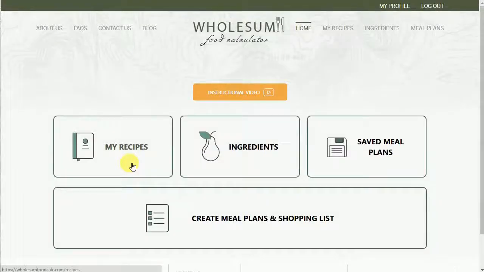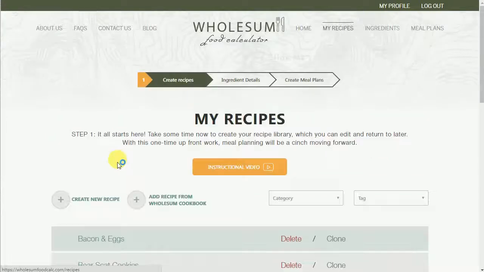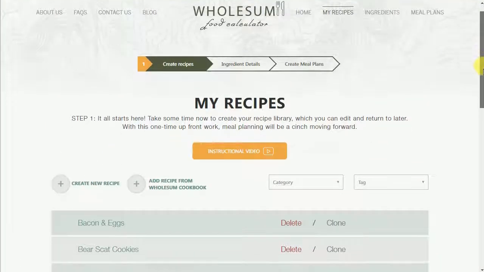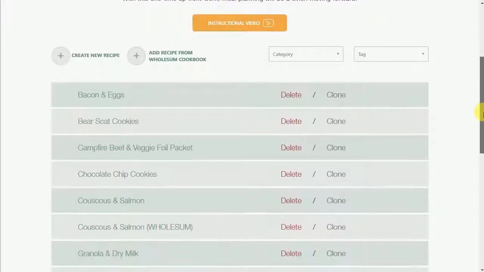The first step toward defining your meal plans is to select which recipes you'll be using within those meal plans. You can start by clicking on My Recipes from the home page. And this will bring you to the list of your recipes that have either been created from scratch or added